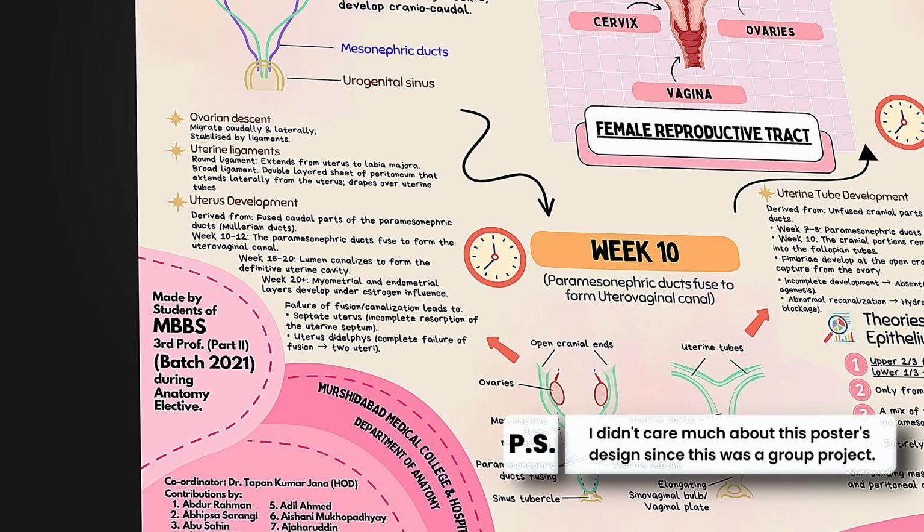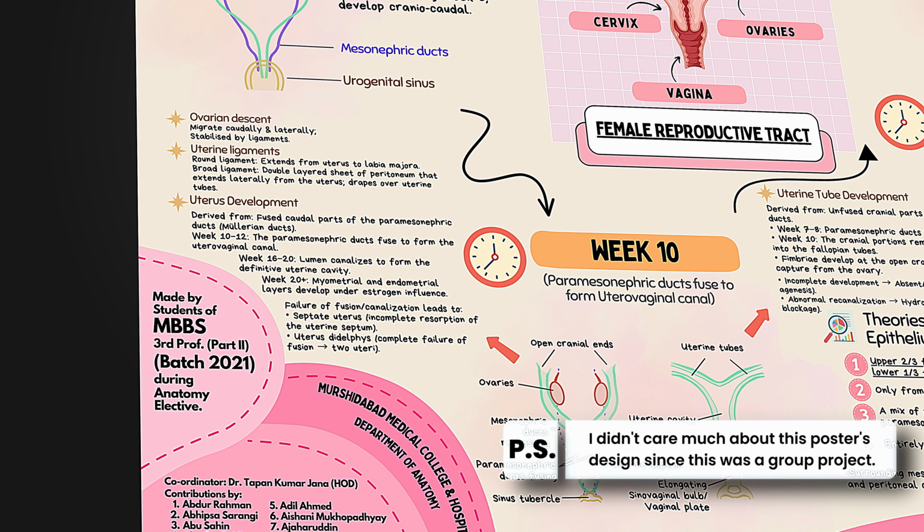Coming to the clinical correlation point, if you have a clinical topic, you must definitely add a clinical correlation point to it, because this is one of the teacher's favorite parts which the teacher is definitely going to point out if you don't add one. So definitely remember to add a clinical correlation point. For example, if your poster is on development of uterus, mention anomalies like bicornuate uterus leading to infertility. Even if you add a single line of clinical correlation, it's definitely going to make your poster much better.